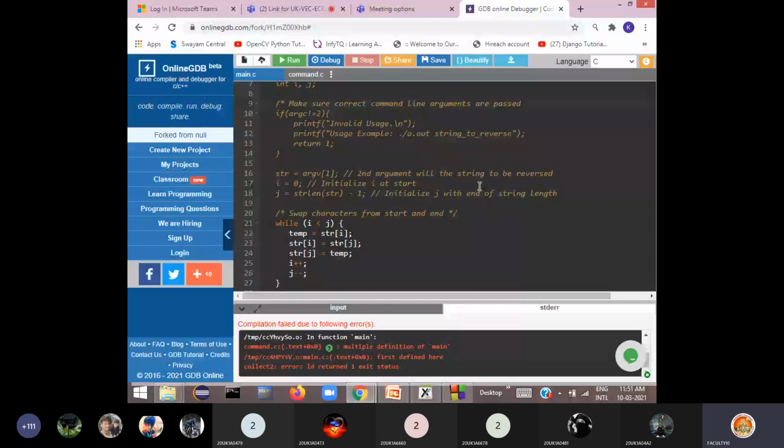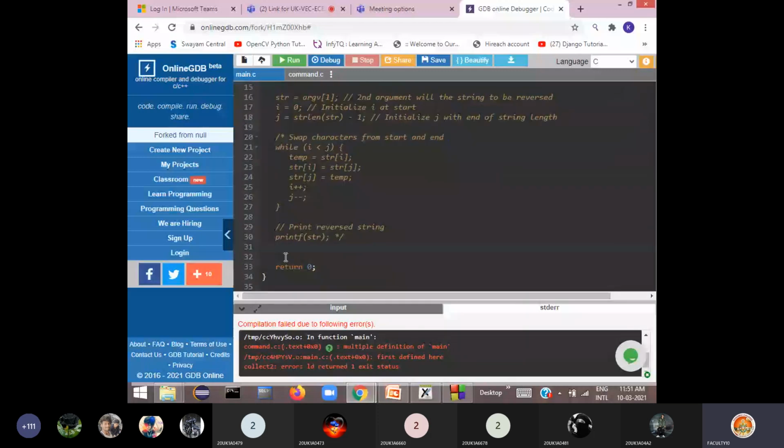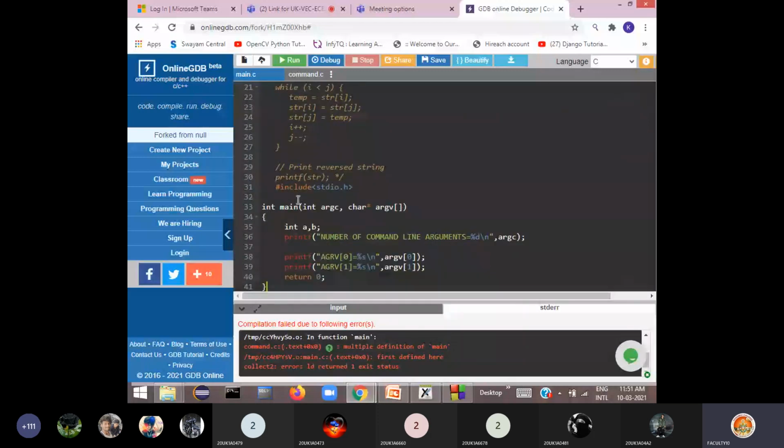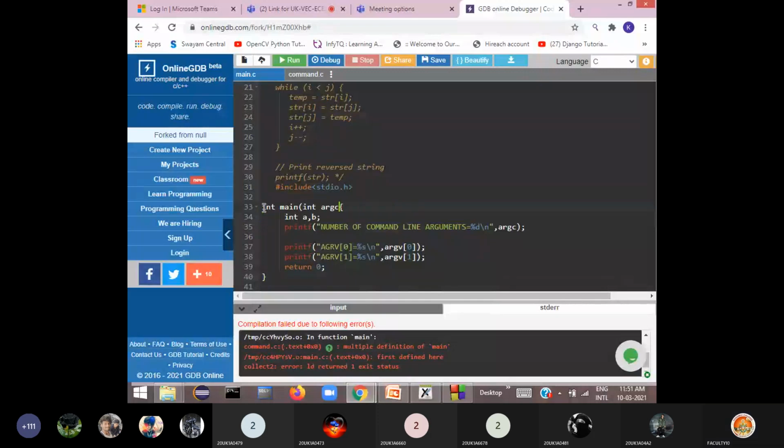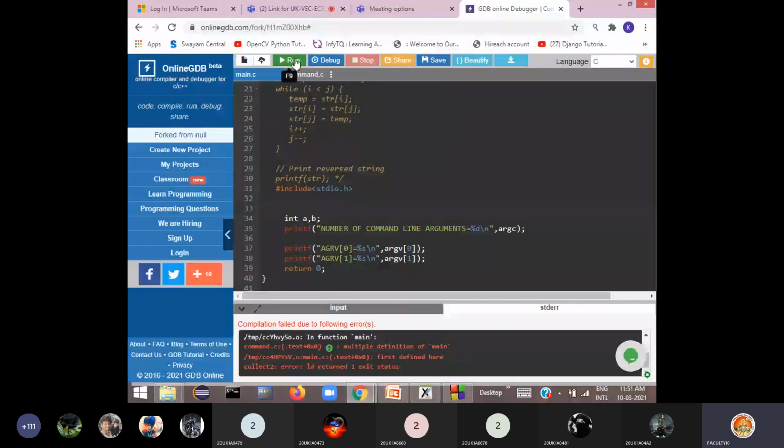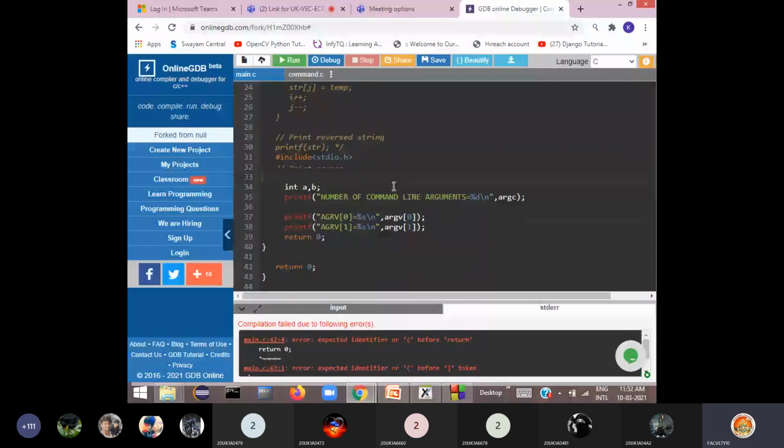Now I can paste here. If I run this, return 0 appears two times, so this I should remove.